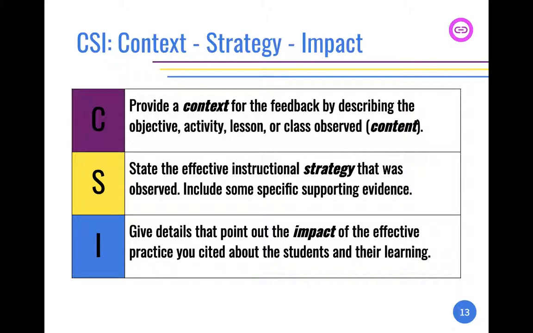CSI. So when we developed the CSI strategy with the New Teacher Center, they call it content, strategy, and impact, but we often think of it as context, strategy, and impact. So here's how it works. With the C, you try to provide a context for the feedback by describing the objective, activity, lesson, or class observed. And then for S,